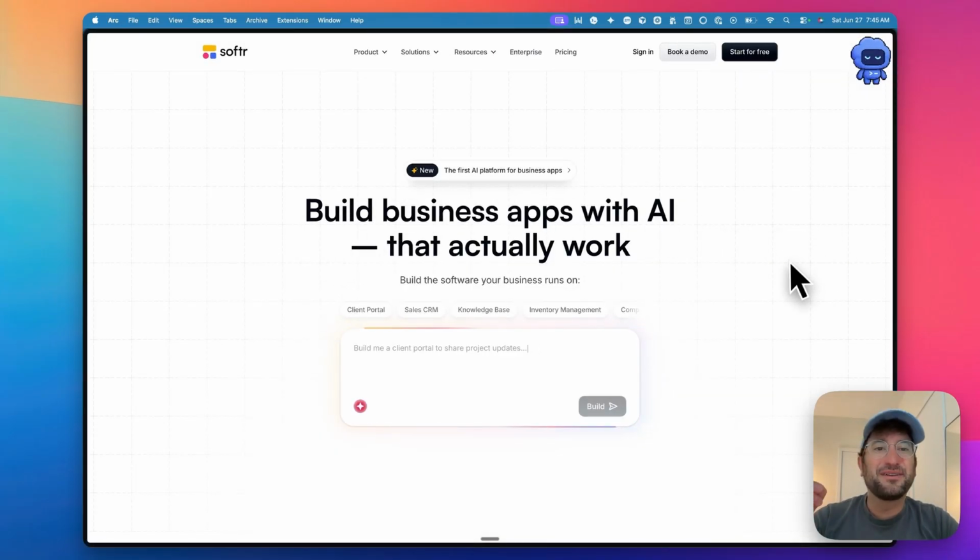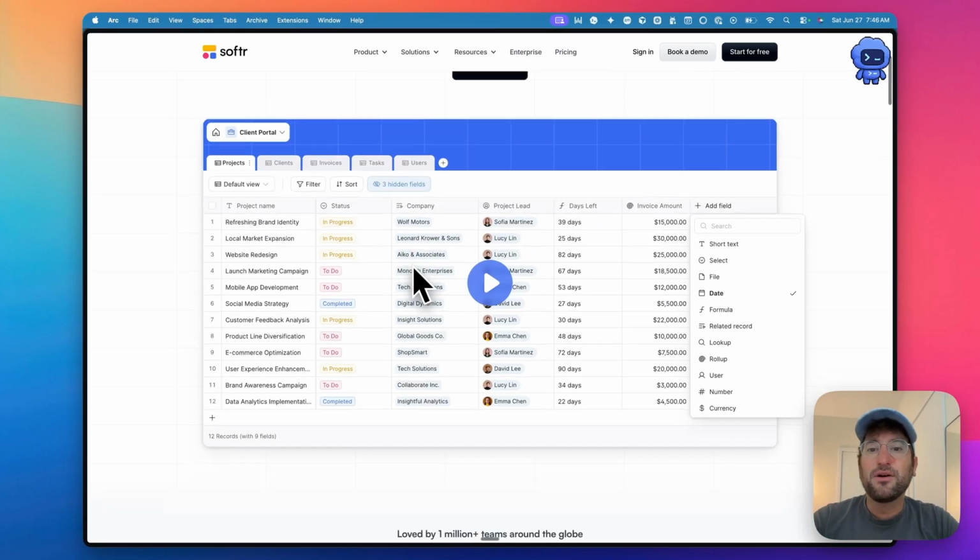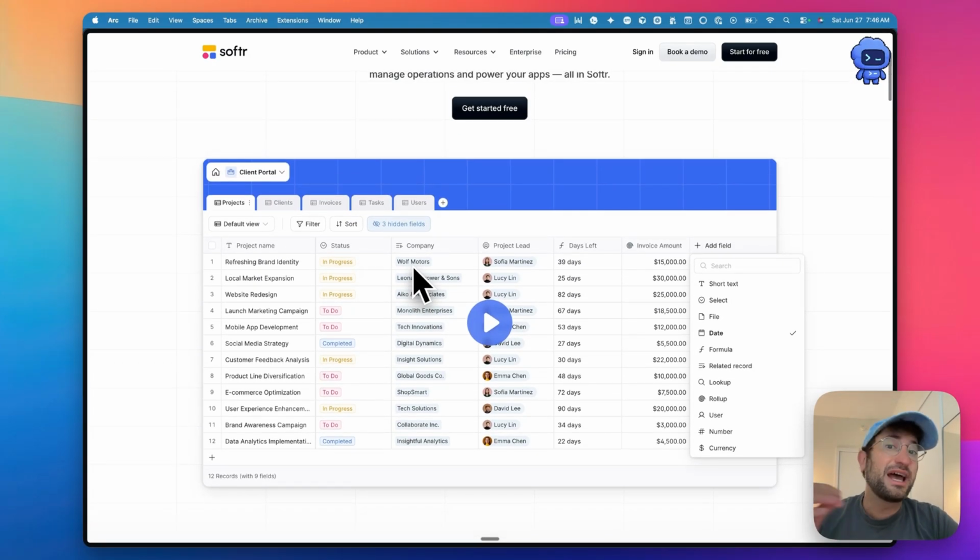Next, we're going to talk about Softr. Softr is best for portals, client dashboards, anything on top of existing data. Softr integrates with 14 plus data sources and a REST API. That includes integrating with Airtable, Google Sheets, Notion, plus Softr has its own backend database product, which is actually really